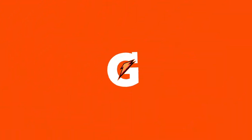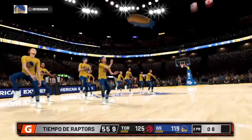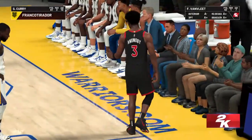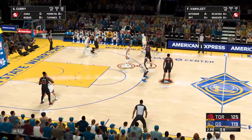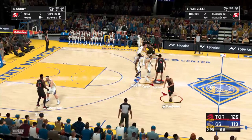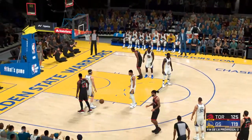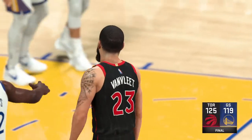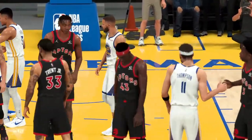Guys, your thoughts? And they've got this one just about wrapped up. It's not completely over, and they know that. But if they carry out their game plan, they should be golden. Gary Trent Jr., Fred Van Vliet. From deep. No good. And so it's the Raptors winning this one. The double overtime game can really take its toll on the players. And after this one, the officials, the fans, everyone's going to...